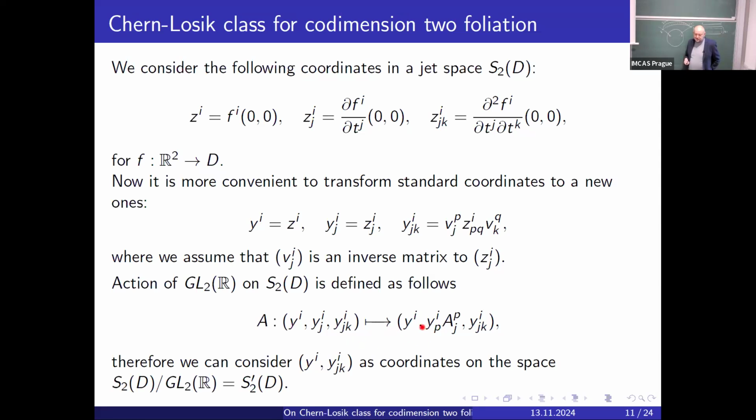And after factorization, we have only coordinates yi and yijk. So these 0 and 2 order jets generate coordinates in this space. So S2D factorized by GL2R. Okay, and we denote this again by S2 prime of D. So this is coordinates, and